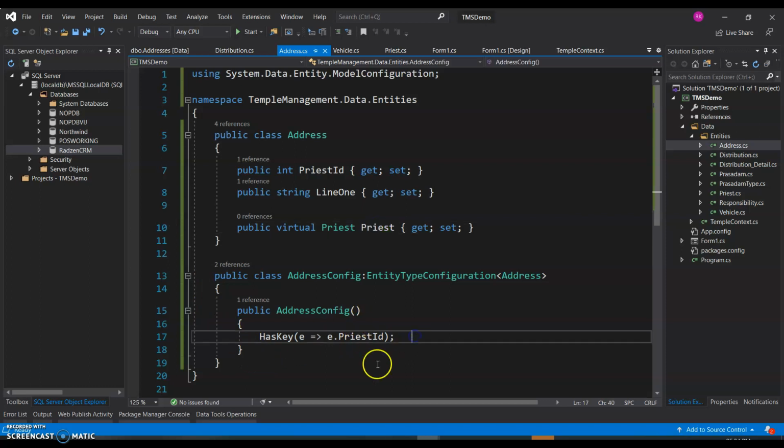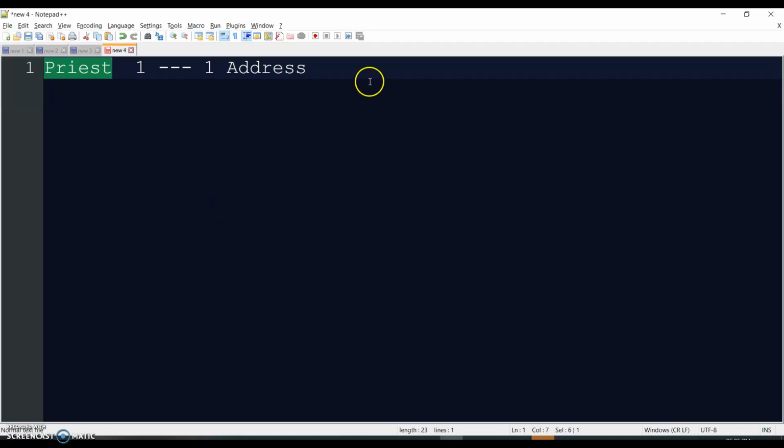One configuration I've added here is how you would typically implement one-to-one. Not only in Entity Framework, this is a database concept generally. You don't have a separate primary key for this address entity. You should have the priest ID itself as the key. Now, like I said, that is how typically the one-to-one is figured out. So if I had something like this, I will also have this as the address.